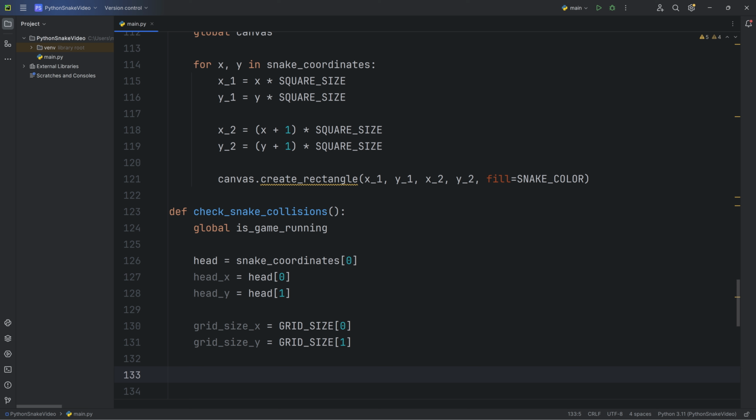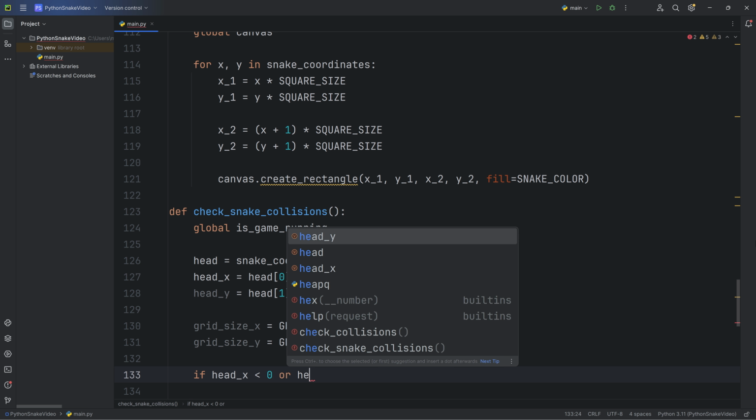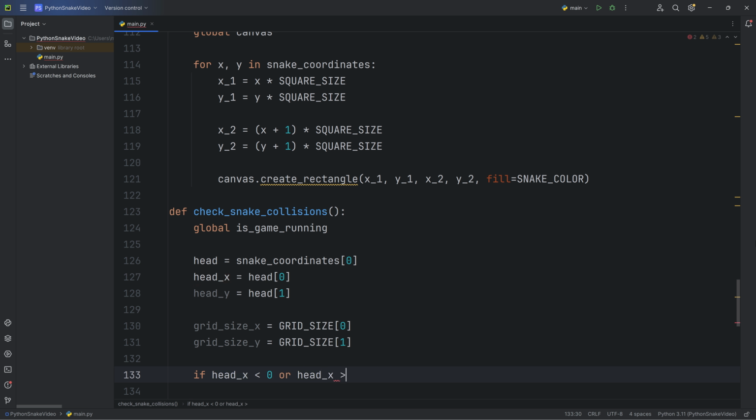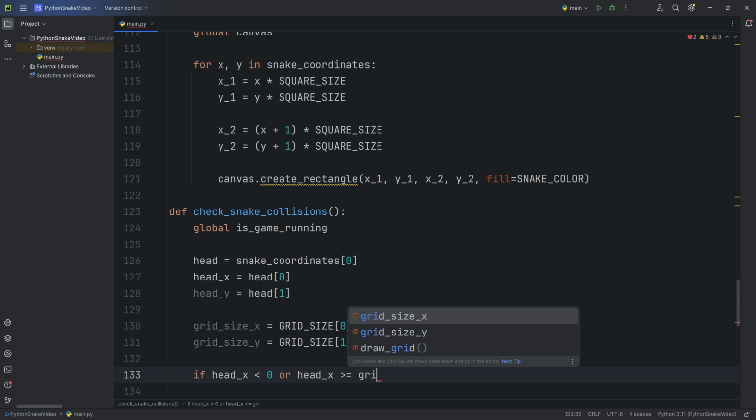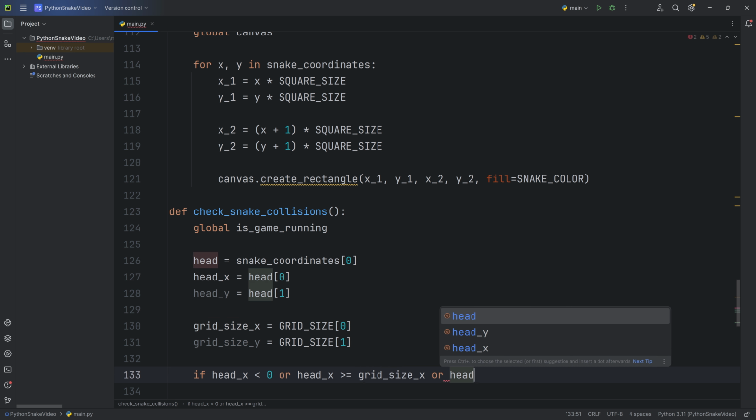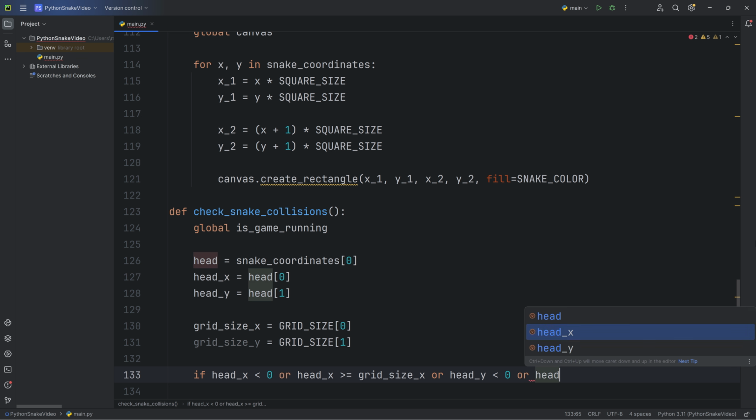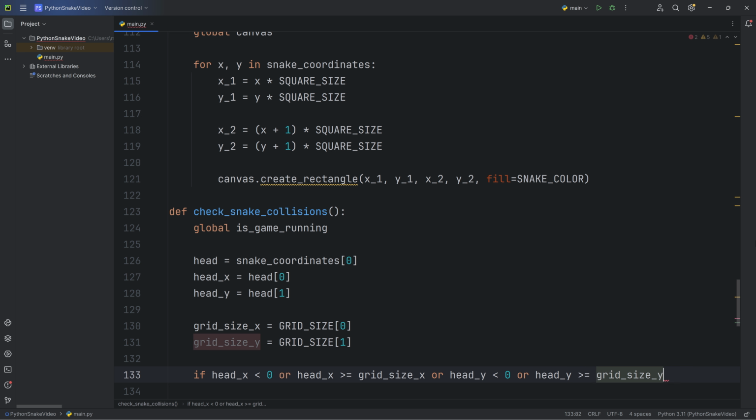Now the snake needs to stop the game in two cases. The first is when the snake hits a barrier, and the second is when the snake hits himself. To check if the snake hit a barrier, we check if head of x is less than 0, or head of x greater or equal grid size of x, or head of y is less than 0, or head of y greater or equal than grid size of y.